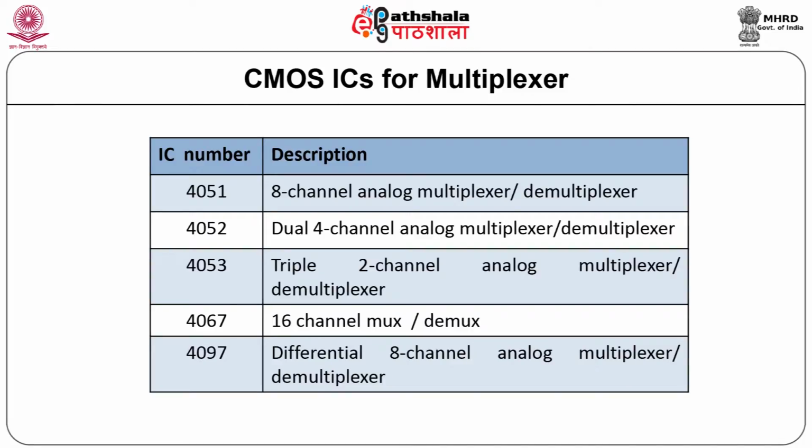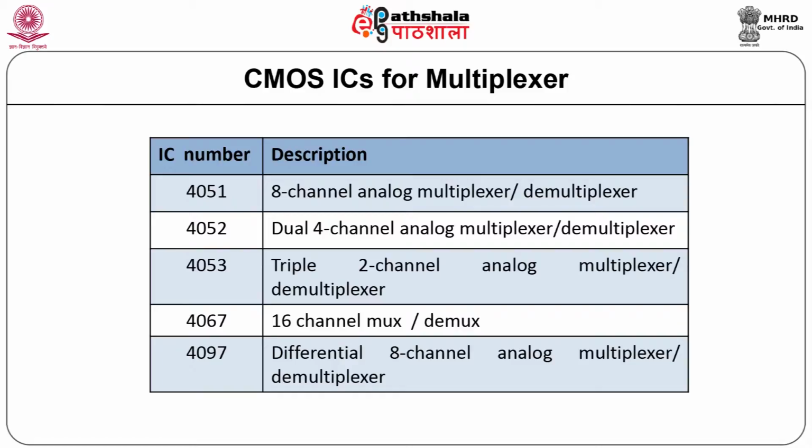In addition to TTL multiplexers, we have CMOS multiplexer ICs which are more popular amongst the digital system designers because of low power consumption and flexibility. Let us discuss these multiplexer ICs. These multiplexer ICs are in the family of 40XX. Let us consider the IC 4051. It is an 8 channel analog as well as digital multiplexer